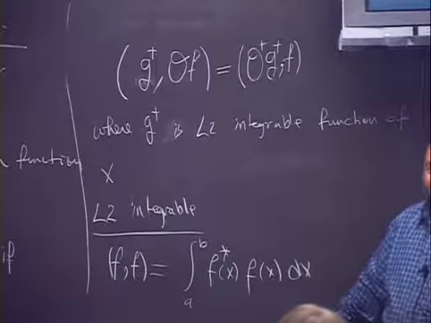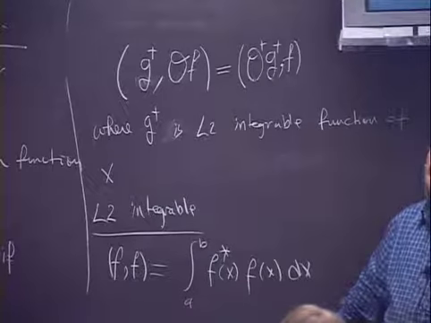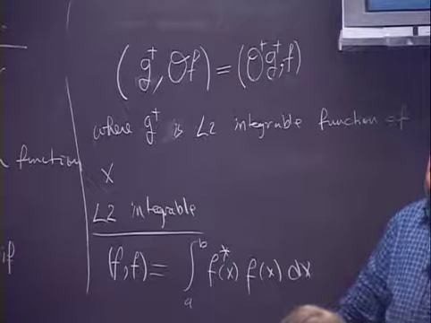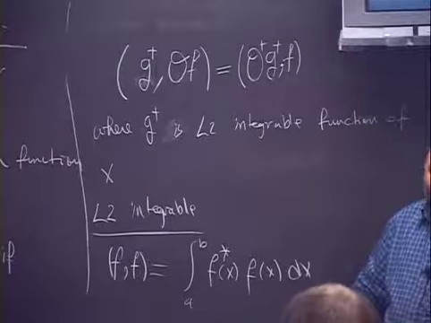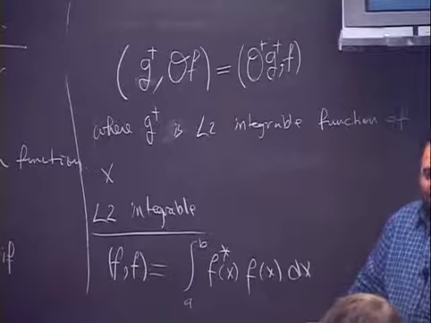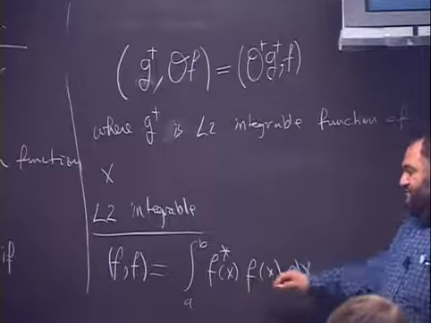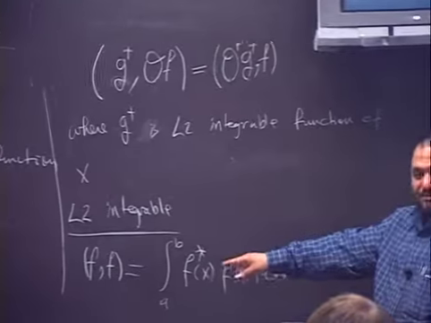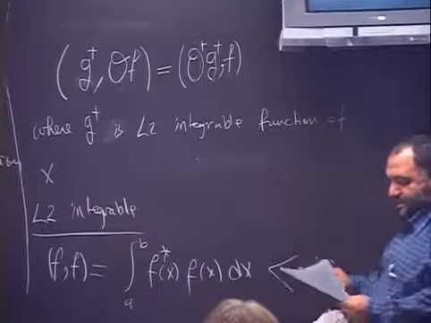It's a squared and it's a real number. If you have a plus bi and a minus bi, if you multiply both of them, you will have what? A squared plus b squared, and this is just a real number. So if this inner product of a function with itself is less than infinity, in this case we